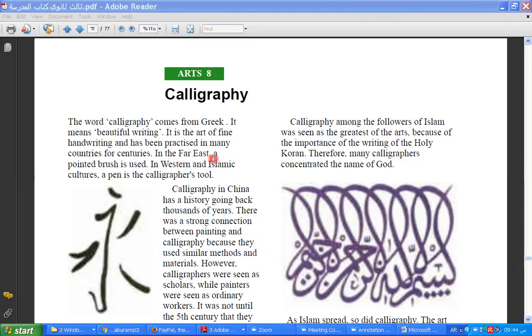In the Far East, look at this. I think, which country does this look like? Chinese, maybe? Chinese or Japanese, Korean? Yeah, like this. So here in their writing they use a pointed brush,